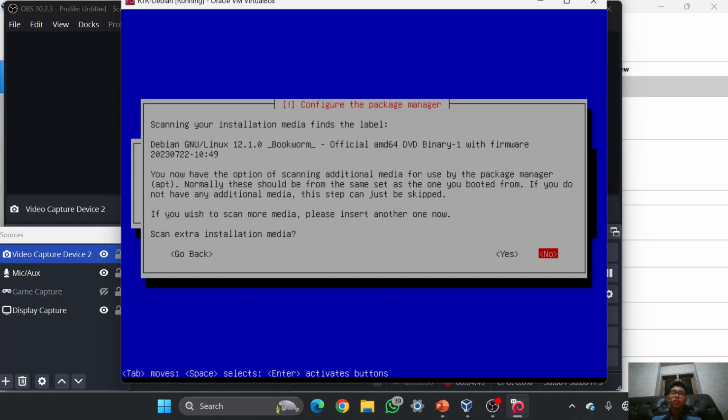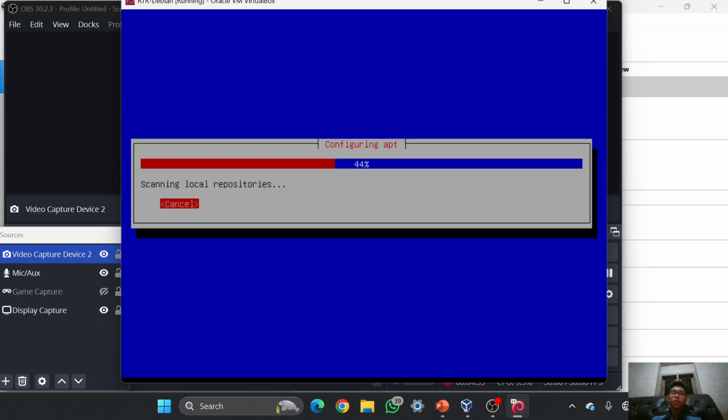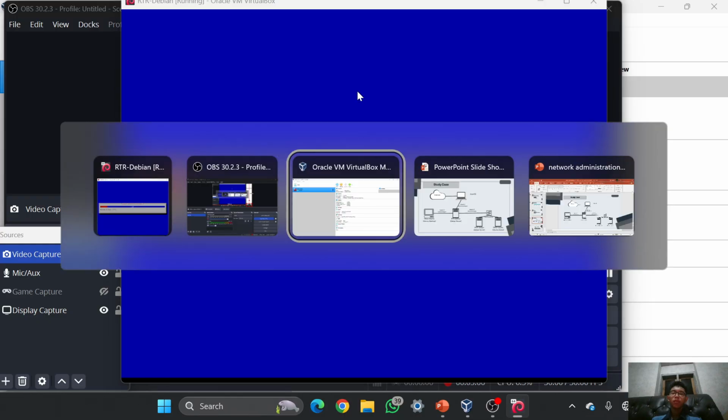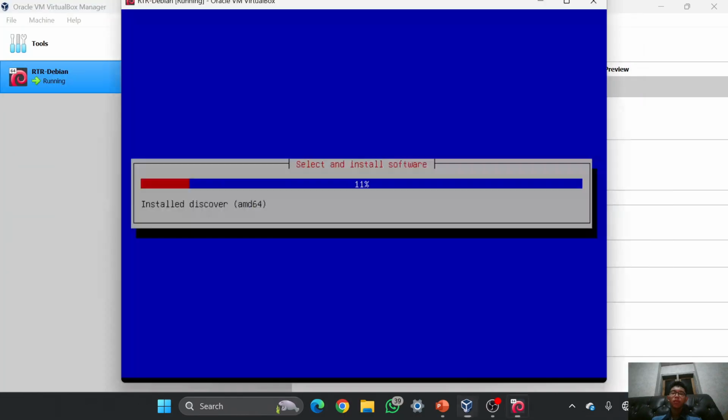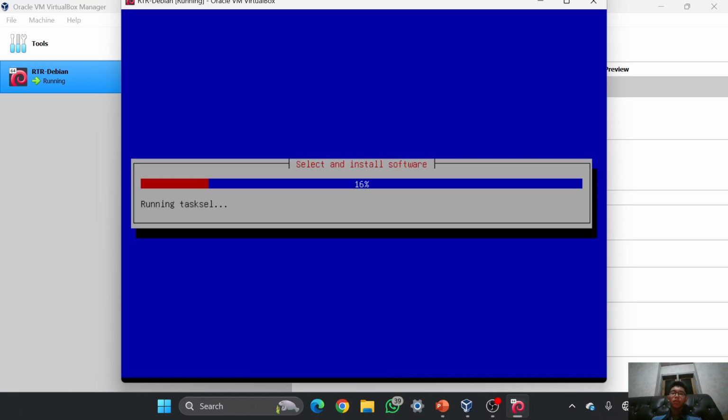And for scan extra installation media, I will just say no, and for the network mirror, no again, and we can wait for it again. And for the package usage survey, it is yes.